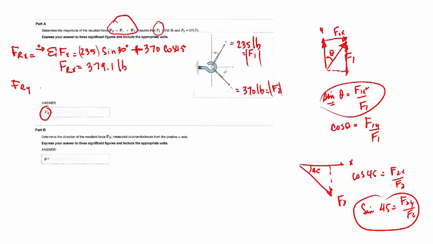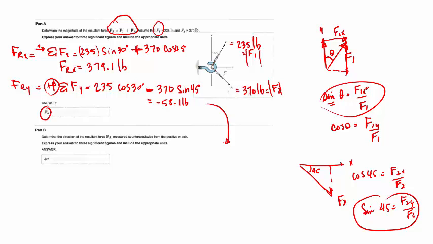So now the resultant force in Y, I look at the summation of the forces in Y, and I slightly point out the positive direction that I have, 235 cosine of 30, and then I have the minus, and then I have 370 sine of 45 degrees, and this equals negative 58.1 pounds. Okay, so let me